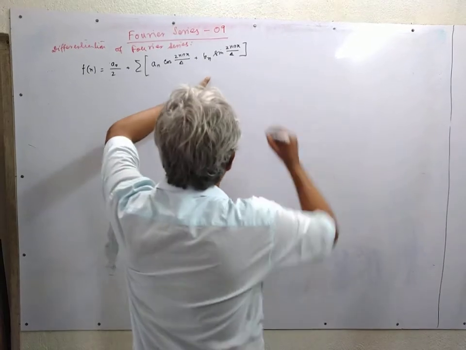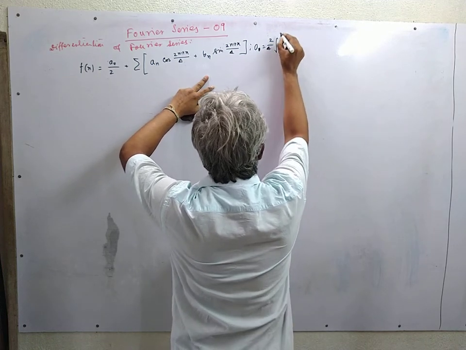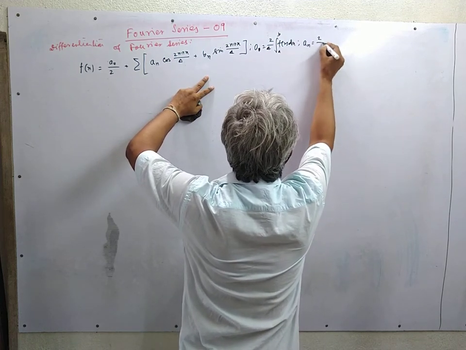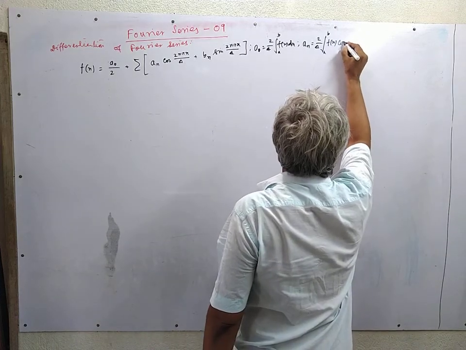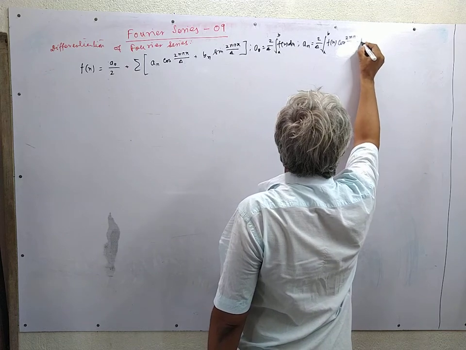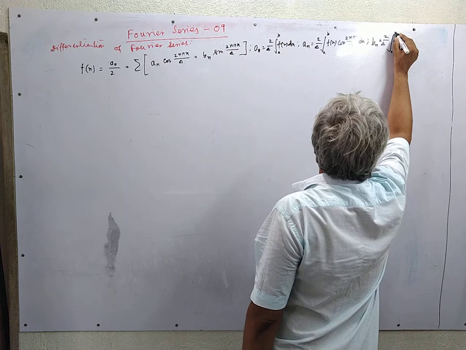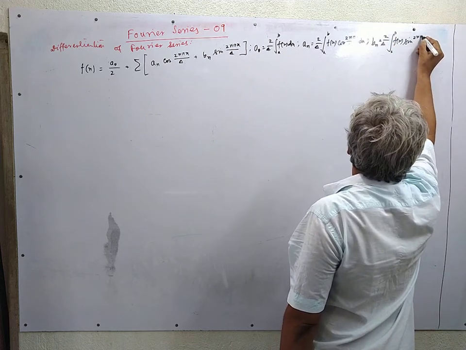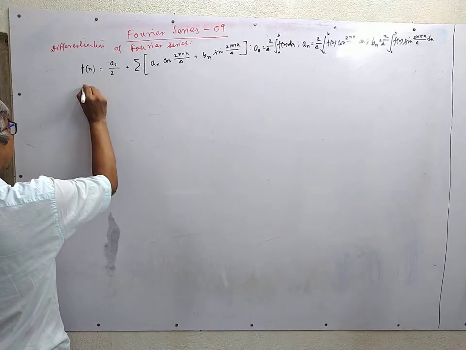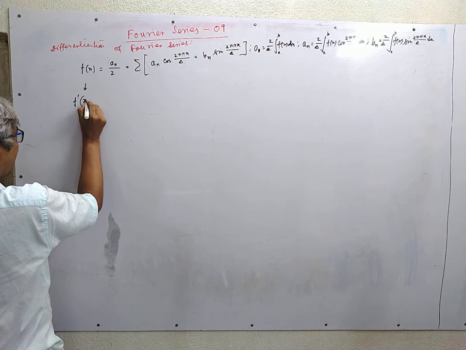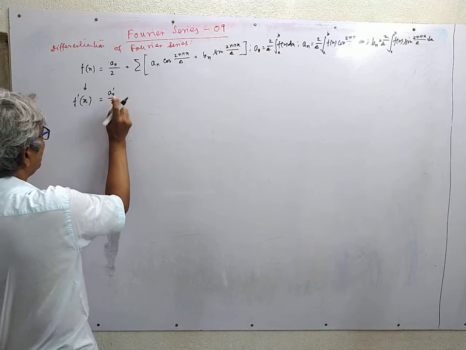Recall the definitions. A0 is equal to 2 by delta integral of f of x dx from a to b, an, and similar definition for Bn. If possible, we expand f prime also in Fourier series. We assume that f prime also satisfies Dirichlet's condition, so we can write it as a0 prime by 2. So let me first write, and then